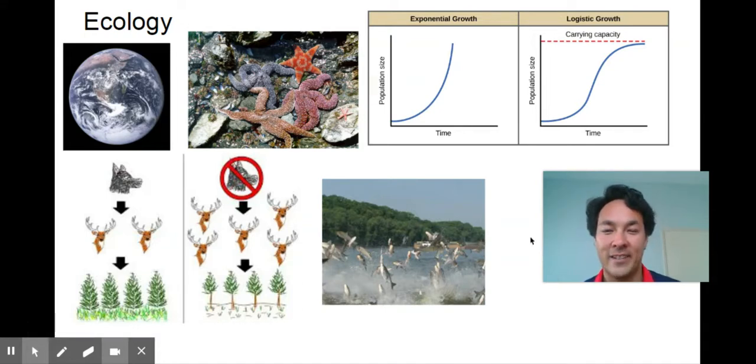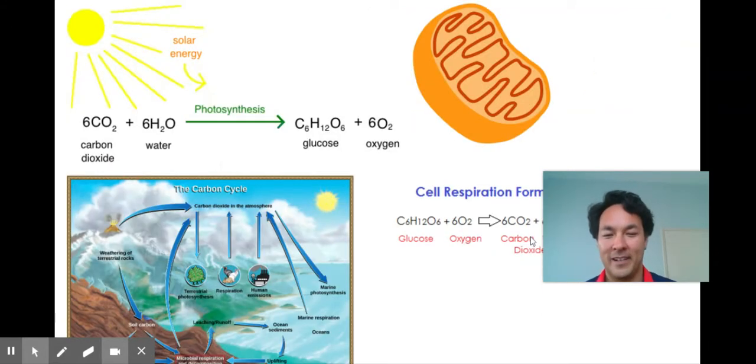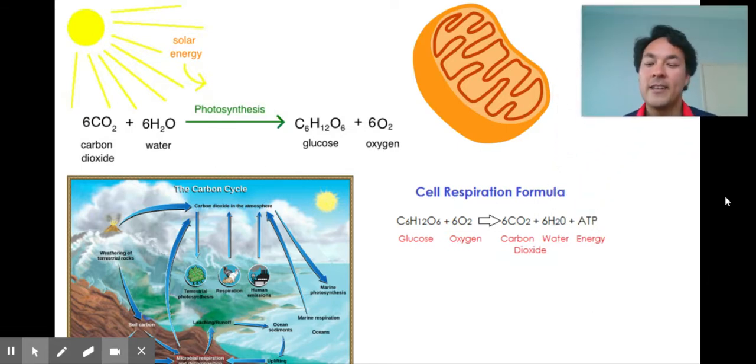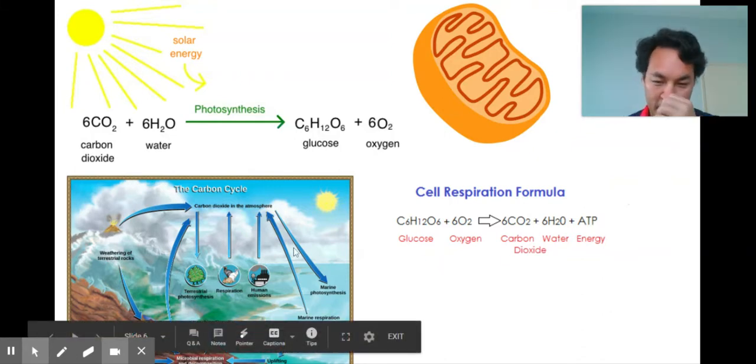So that's ecology on a macro scale, looking at organisms and how they interact with their environment. We'll then get into some of the biogeochemical cycles, especially the carbon cycle, which is really important. We'll see how carbon can move from the air into plants, and then we eat plants, and we use the carbon inside of sugar or inside of plants to be able to release energy for us to use, and then that makes more carbon dioxide that plants use. How are humans affecting this with human emissions?